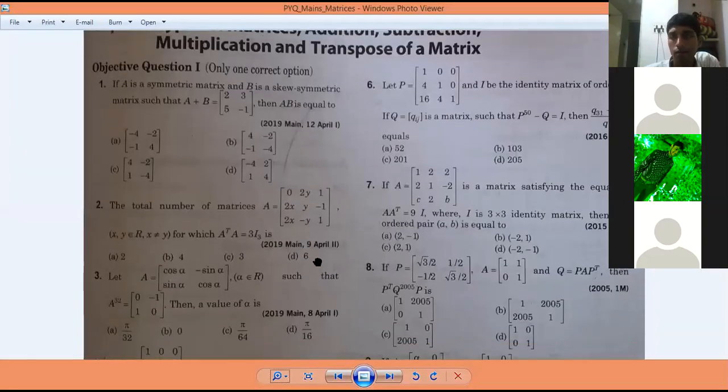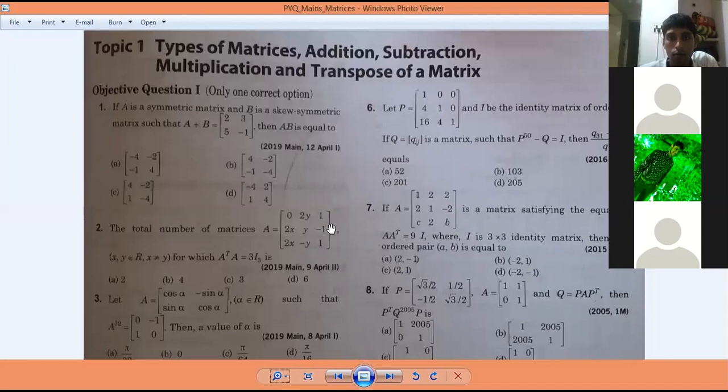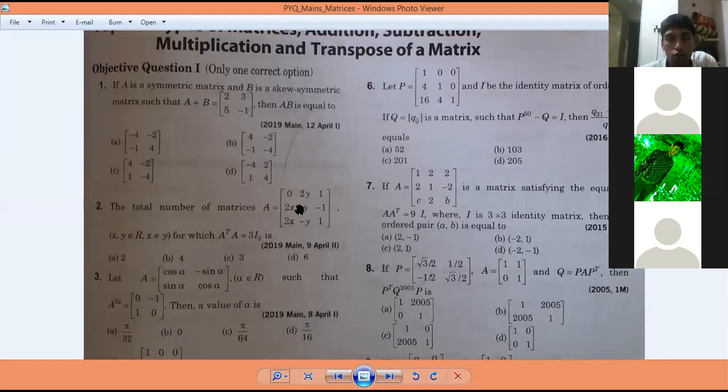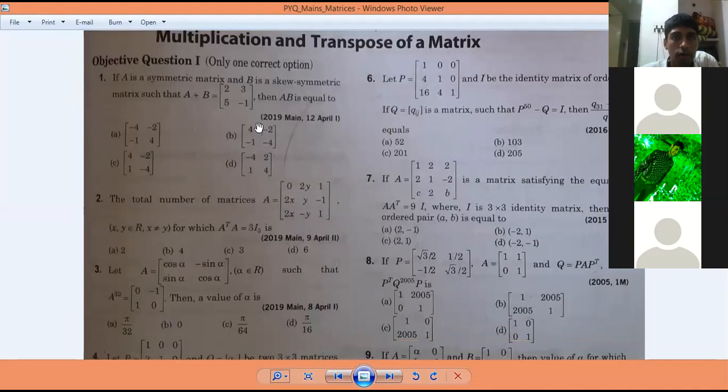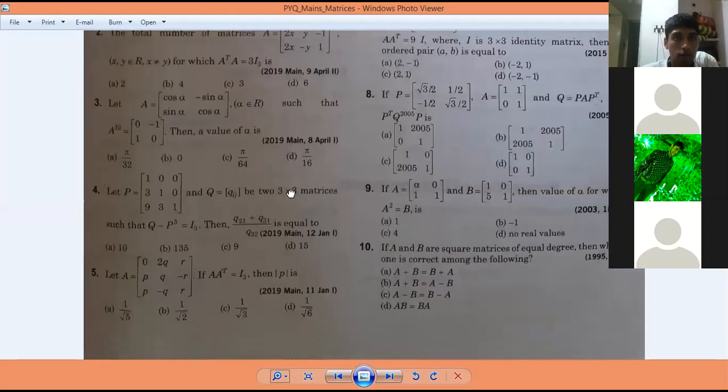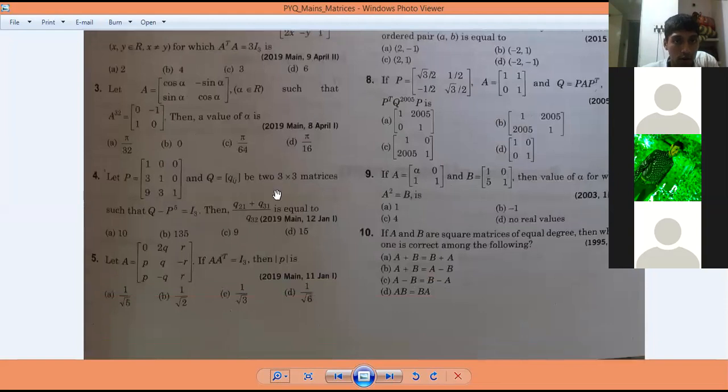So this is the Arihant book. I have a few Arihant and Disha books. It has new questions. The first question I gave the other day. Now you see, the third question is also orthogonal matrix, and the second question is also orthogonal matrix. The third question is also orthogonal matrix. The fourth question is idempotent. Fifth question, orthogonal matrix.